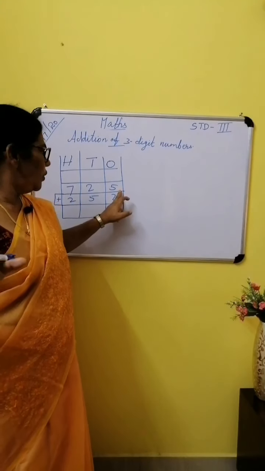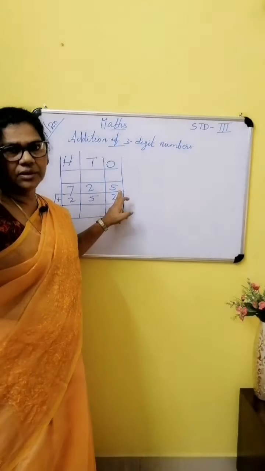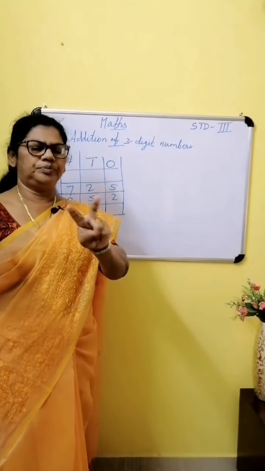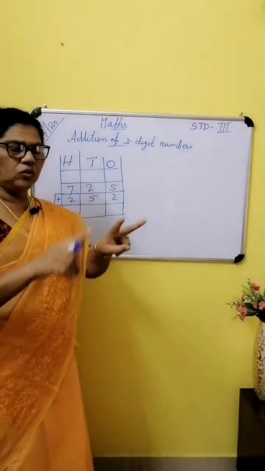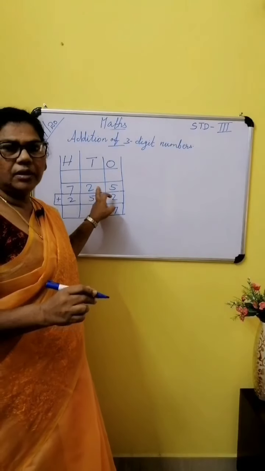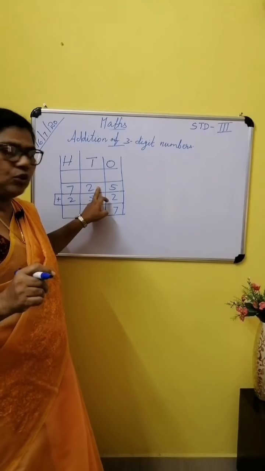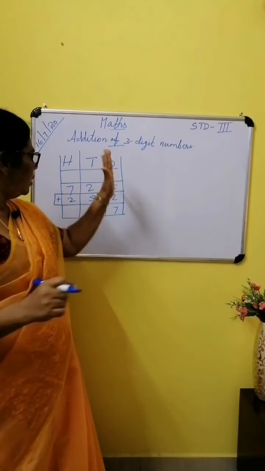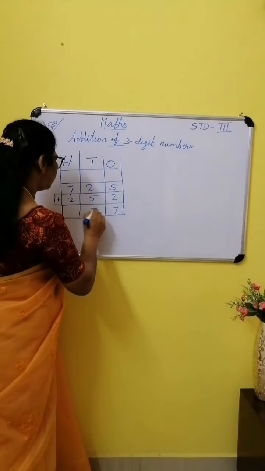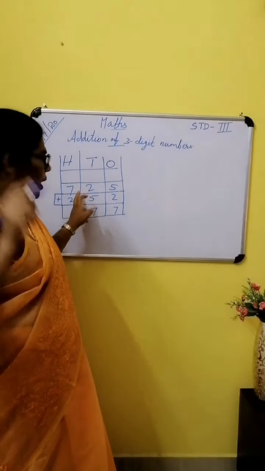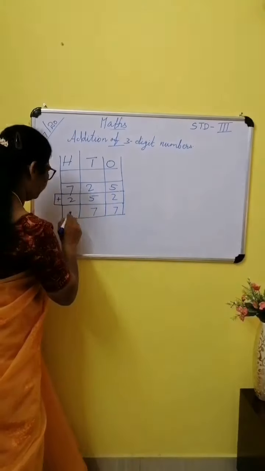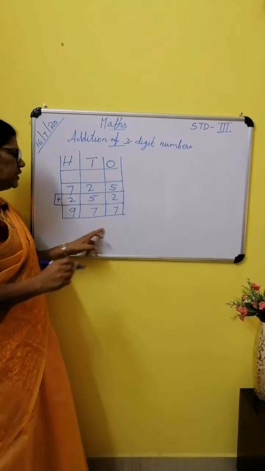Put a plus here outside. Yesterday I told you how to add. First of all, take the first number and keep it in your mind. Then take the second number in the hand. 2, after 5, count 6, 7. Next, again keep the first number in the mind, 2. Then take 5 in the hand. 2, after 3, 4, 5, 6, 7. Here 7 in the mind, 2 in the hand. Then 7, after 8, 9. This is called a sum.